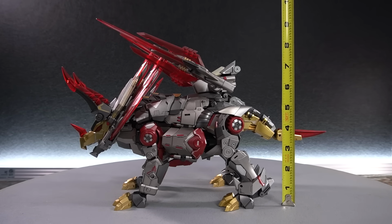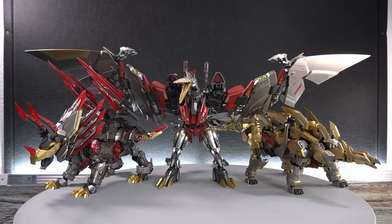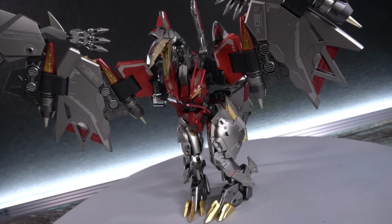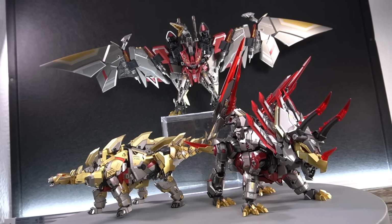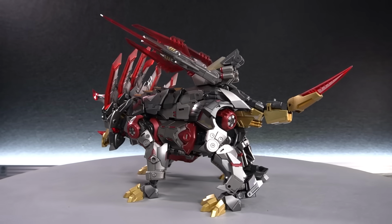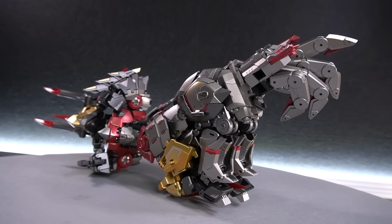Size comparison time. Here's Modica Godzilla Prime and the Dinobots. Despite Turhal's Dino Mode being small, all of these look great together so far. The dinosaur modes are the main reason why I'm locked into Cang Toys' Dinobot line. Because the Combiner stuff,